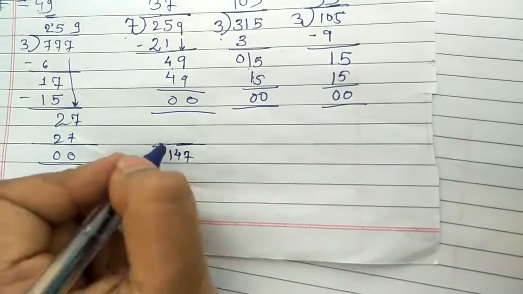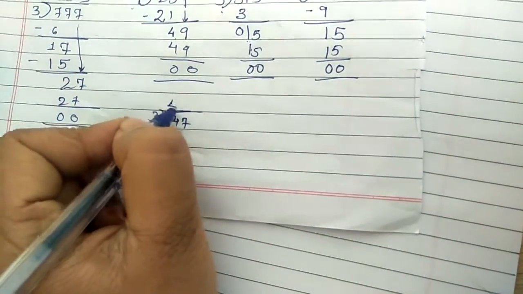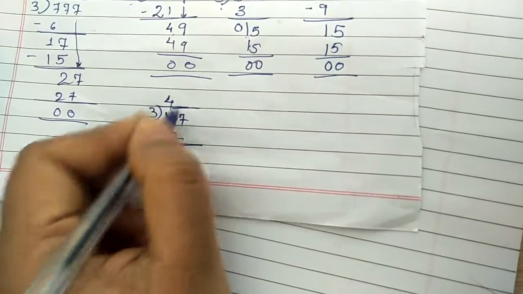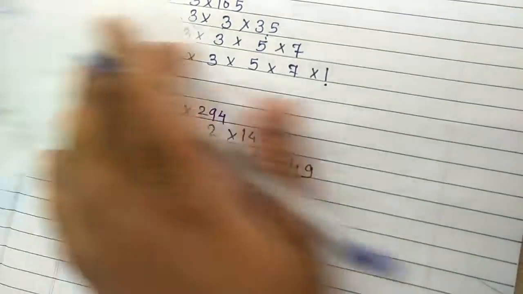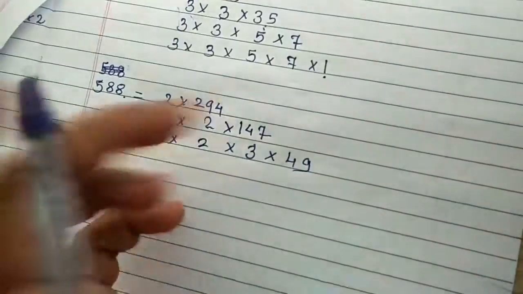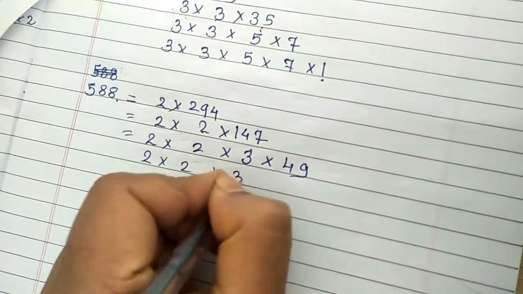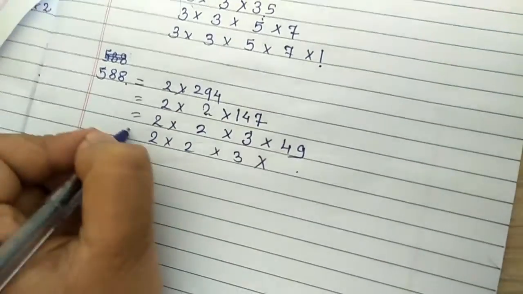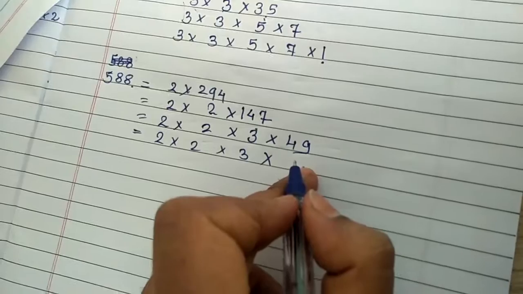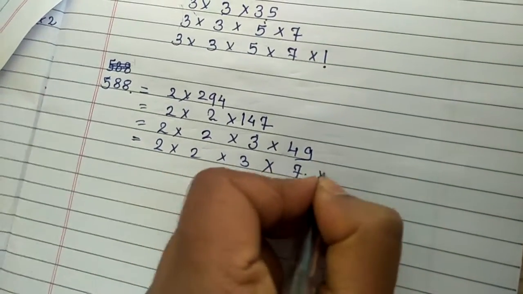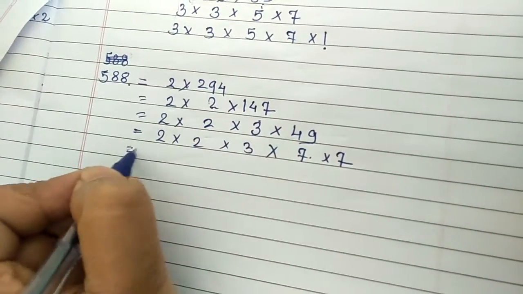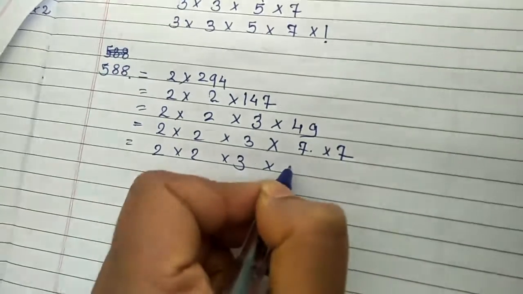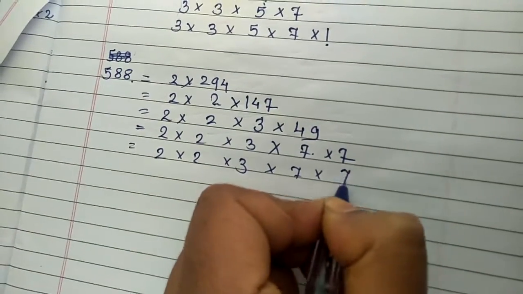147 divided by 3. 3 1s are 3, 3 4s are 12. 2 remaining, 7 carried down, 3 9s are 27. So we are getting 49. Divide by 3, we get 49. So 2 into this 3 as it is into. Now 49 comes in which table? If you remember, in the 7's table 49 comes. 7 7s are 49. Here we are going to see the common factors. 2 into 2 into 3 into 7 into, now this 7 we divide by 7 only